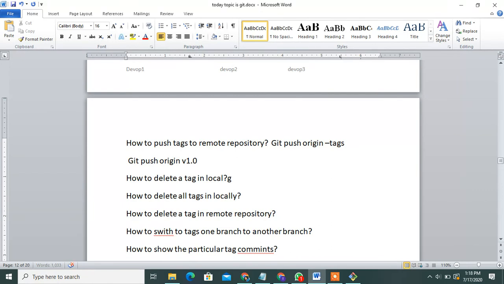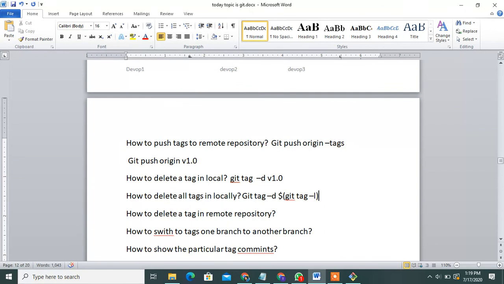How to delete locally? git tag -d. To delete all, git tag -d with $(git tag -l).